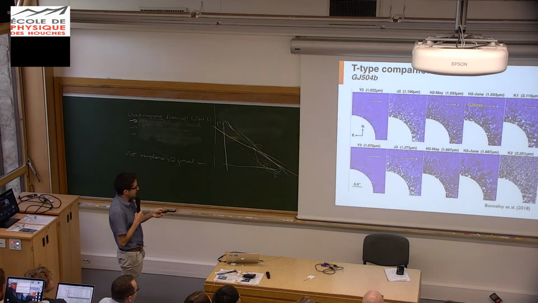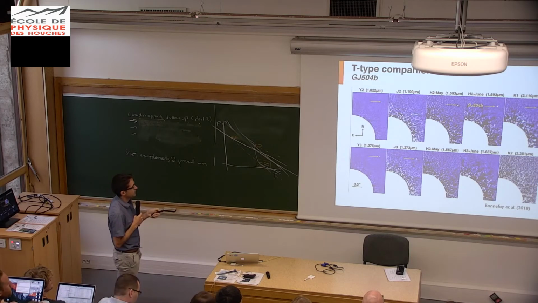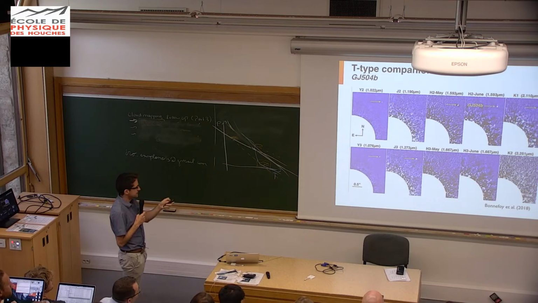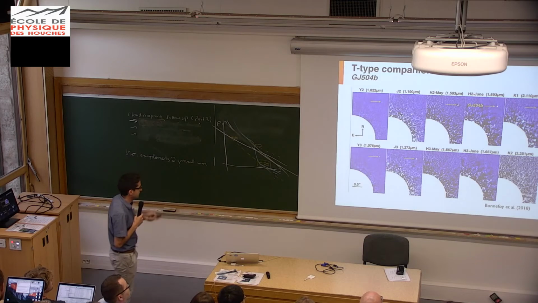And well, you can see that in the molecular bands where the atmosphere is absorbing, you can't find the object. Here, this is a water band, so the object is not visible. But then when you're out of the water band, actually, you retrieve your companion. And it's the same for the methane absorption at 1.6 micron. Here, you're out of the absorption. Here, you're inside the absorption. You can see your object. This difference between the two images can be used to remove the stellar halo and reveal planets,